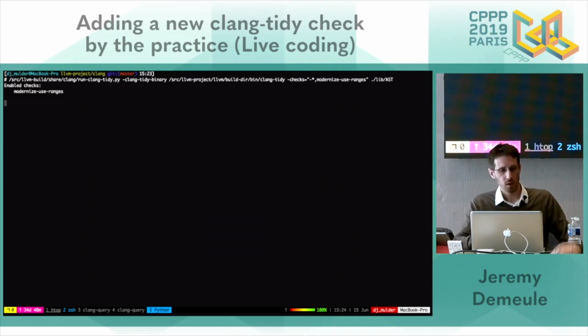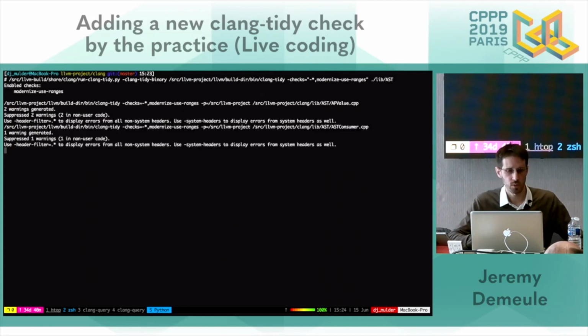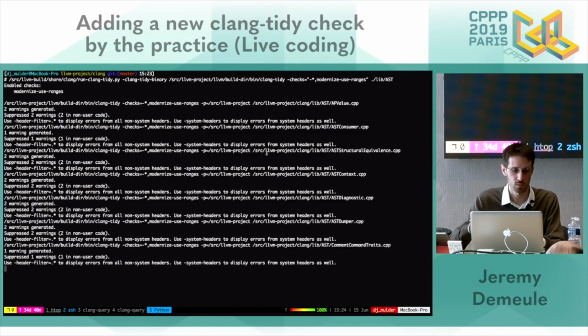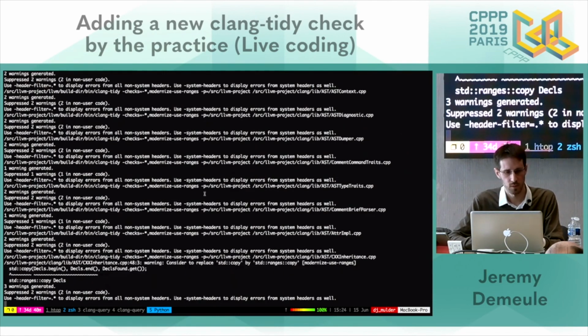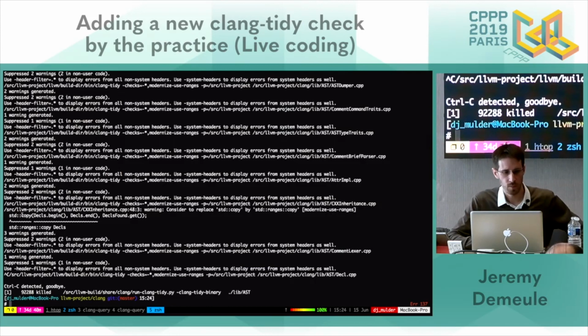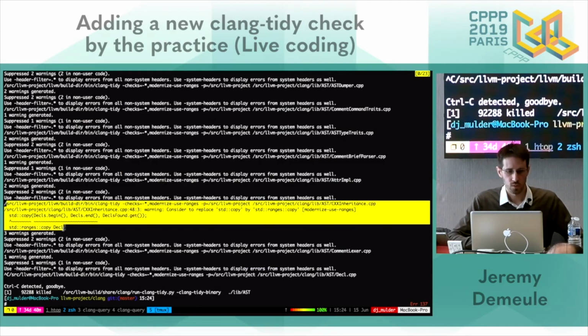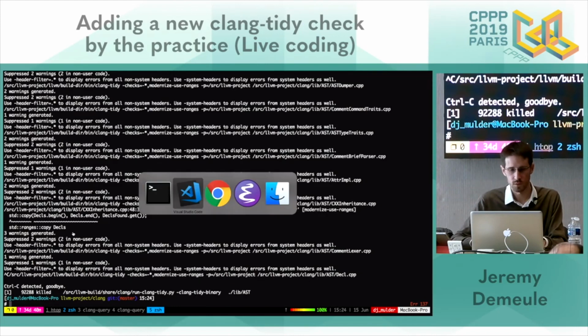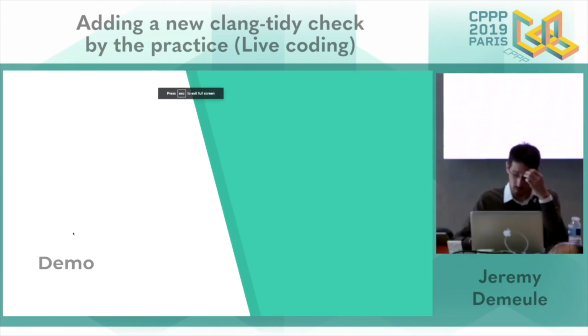Here I lost the colored output, but we should be able to show some stuff because, in fact, I already know there will be some match. Yes, we got a match. So the script runs through all of Clang, finds files with this usage and tries to replace it. This will end my demo.